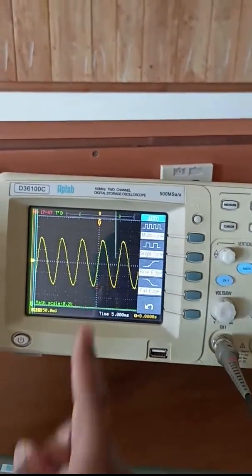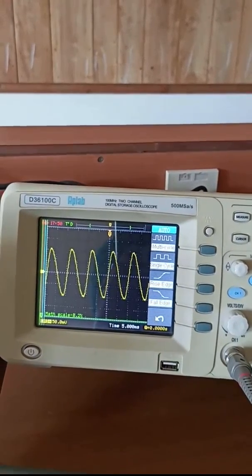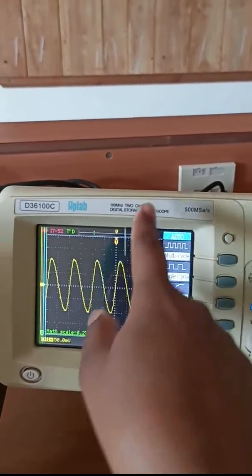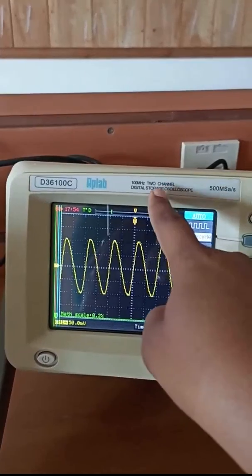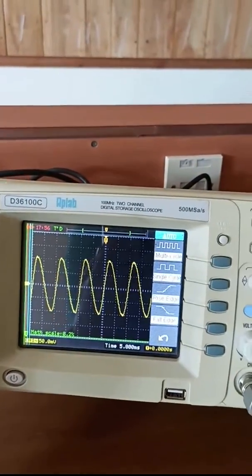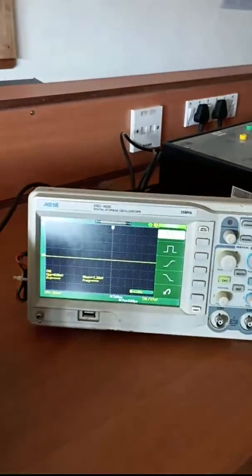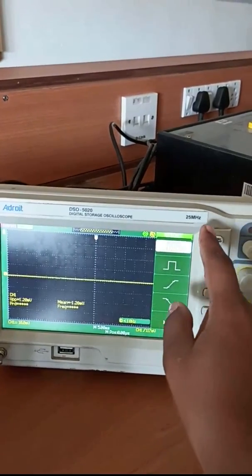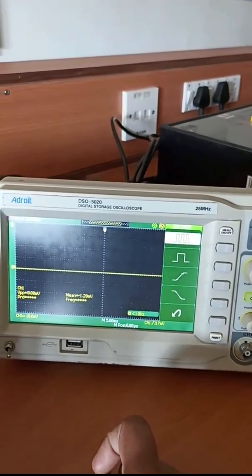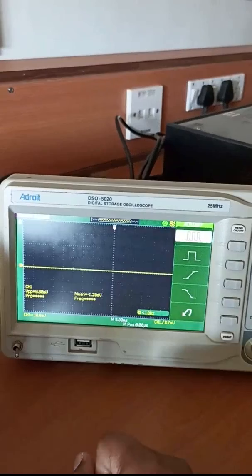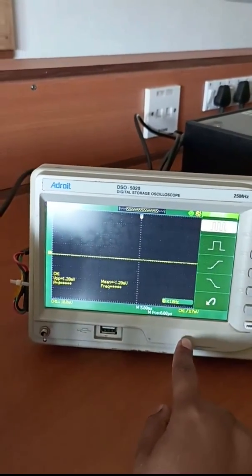It has a frequency of 100 megahertz. This is a 2-channel digital storage oscilloscope, and there is another oscilloscope, a 25 megahertz digital storage oscilloscope.